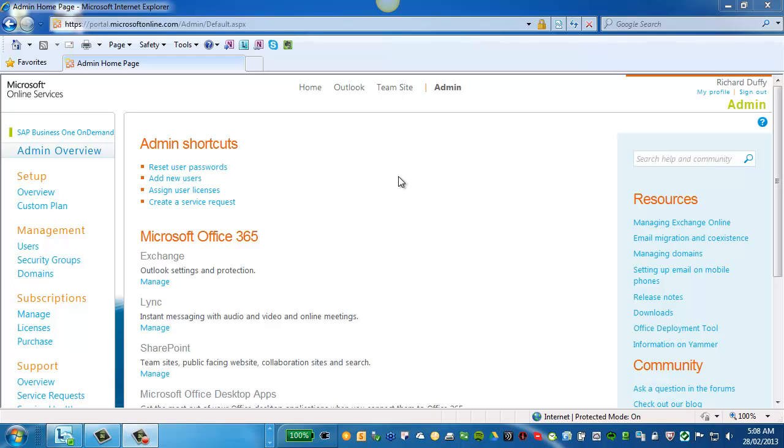What I'd like to do in this session is now show you how you can connect Office 365 to your SAP Business One system so that you can effectively send and receive emails using the SBO Mailer component. So the first thing you're going to need to do is log on to Office 365 as an admin, and you're going to need to create a mailbox for your generic email address that you're